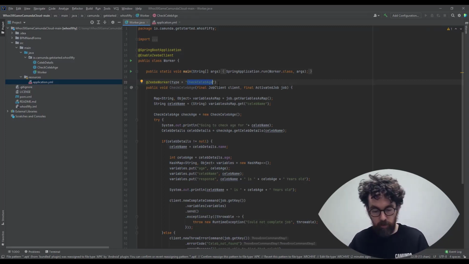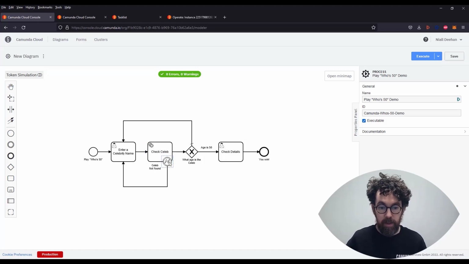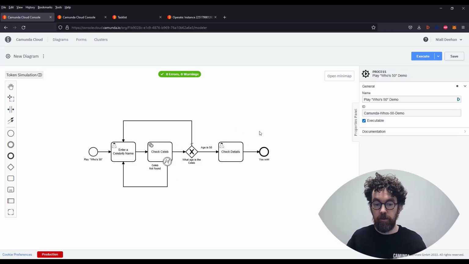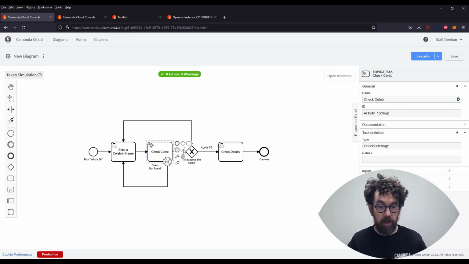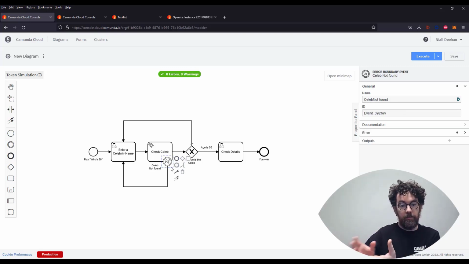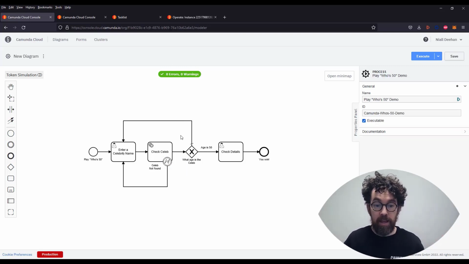Now the other thing you may realize is that this has three ways of ending. The first is it could end successfully, in which case we will either go around here or go this way. We could also end it by throwing a BPMN error so they can't find something, or it could end by, let's say, the server is down, so we actually can't do anything. Those are three different ways of this task completing, and I want to talk through each one.